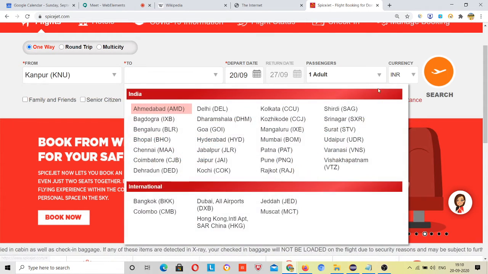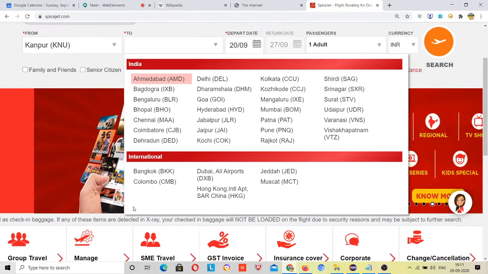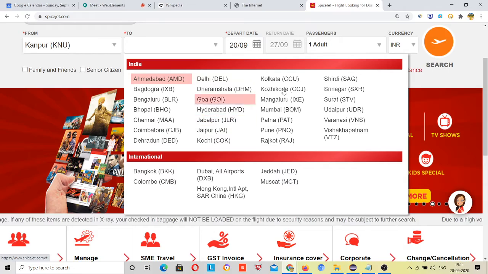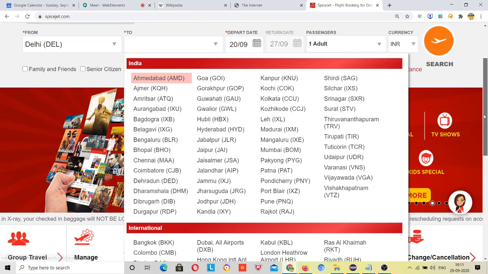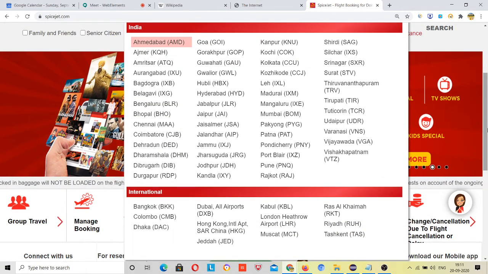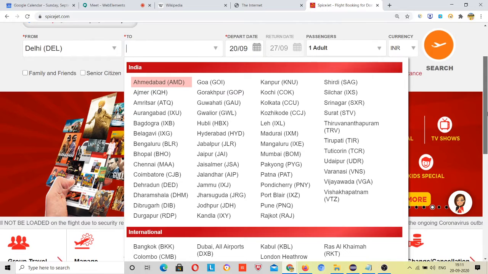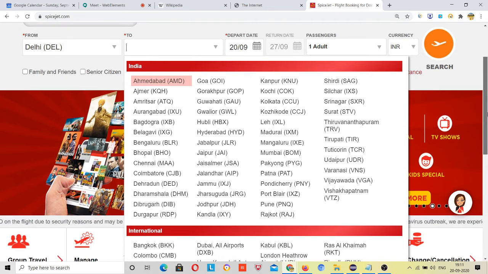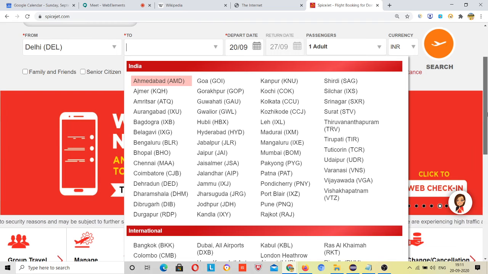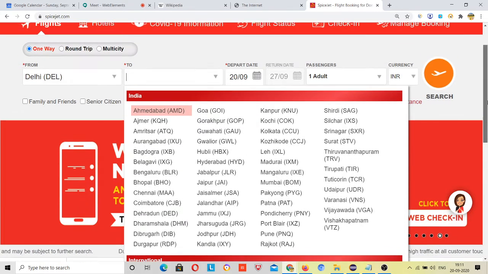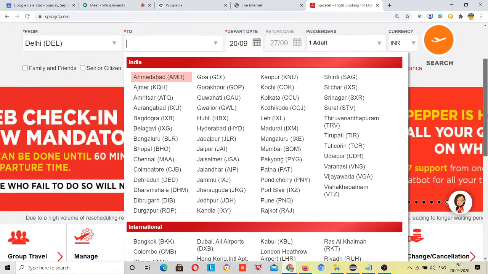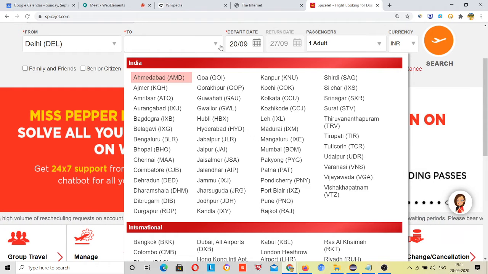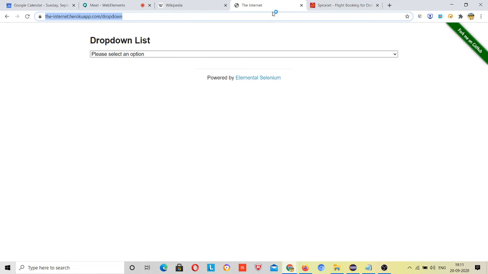If I click on Kanpur, see, Kanpur to international flights are also present, but these are fewer values than Delhi, right? So dynamically data is coming directly from the database, right? Because from Kanpur we cannot go directly to this many places; we have to go to some other airport, and then from there we move on, right? So based on my first result, the second result is getting suggested. That's why I say it is dynamic, right? Once I give the first result, it will filter for the second result. So this was about the dynamic drop down.